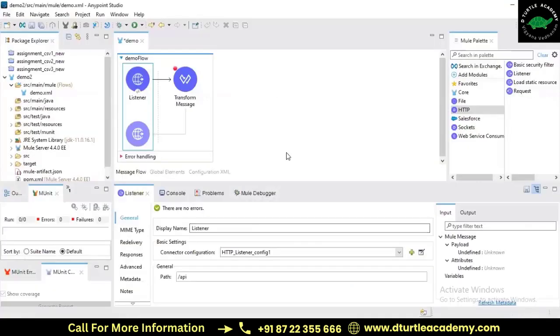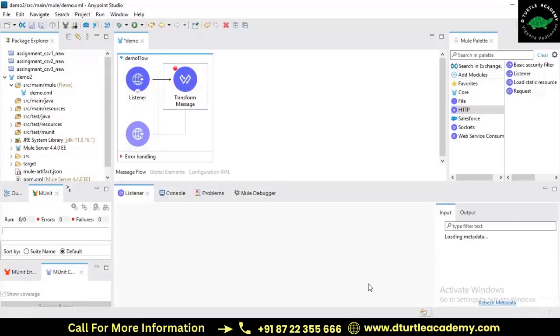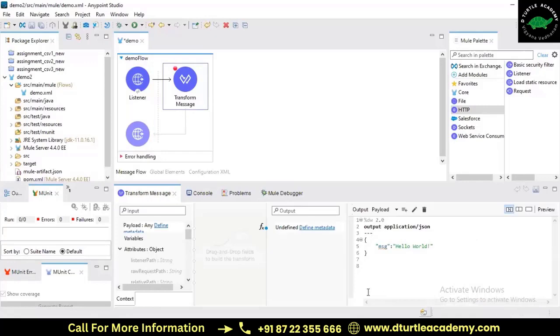If anyone has any query related to this application, you can ask. What we have here is a very simple Mule API. We are exposing one API as a REST API, which will take a request, and as a response, this API will send hello world. But in future,